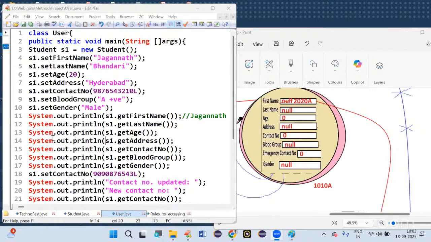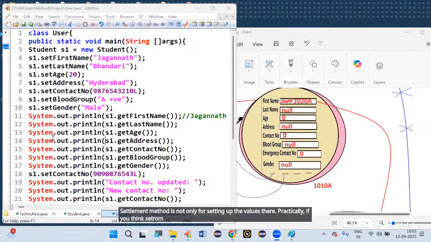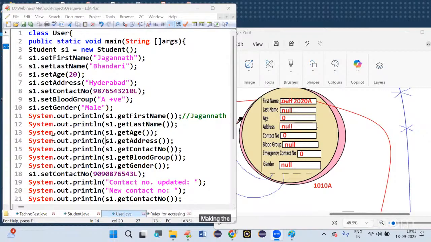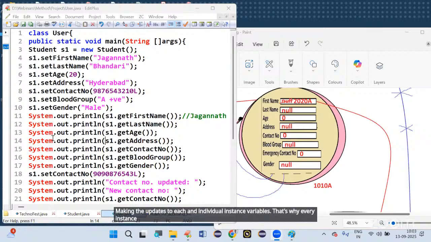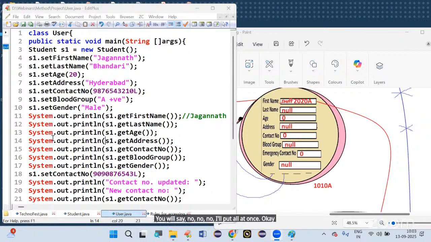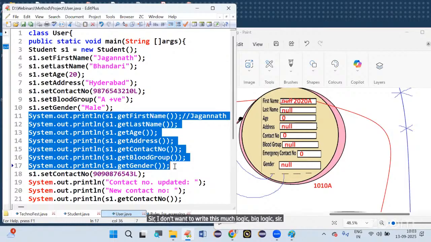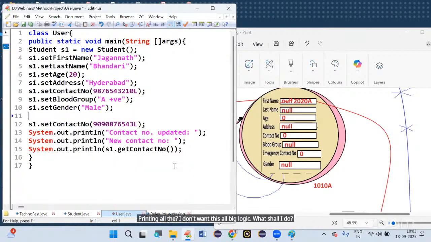The setter method is not only for setting up the values there. Practically, if you think, the setter method helps us in making updates to each and individual instance variable. That's why every instance variable has a separate setter method. You will say, no, no, I'll put all at once. Okay, put it. No problem. Sir, I don't want to write this much big logic for printing all. What shall I do? I will say